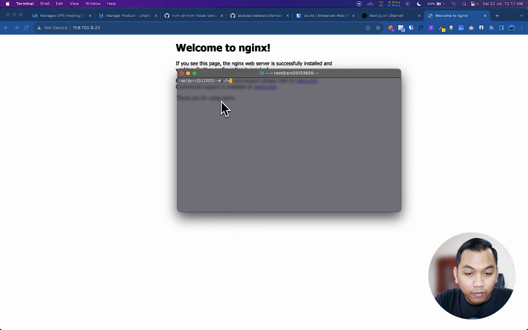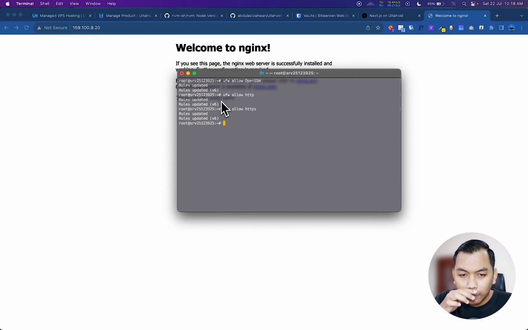So we say ufw allow OpenSSH, and then ufw allow http, which means we will allow port 80, and then allow https, which is port 443.